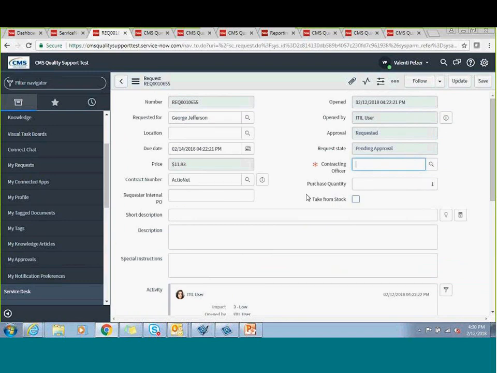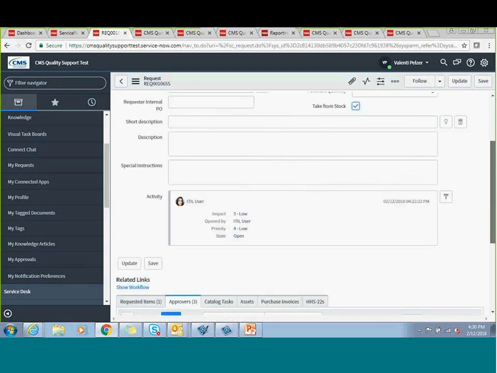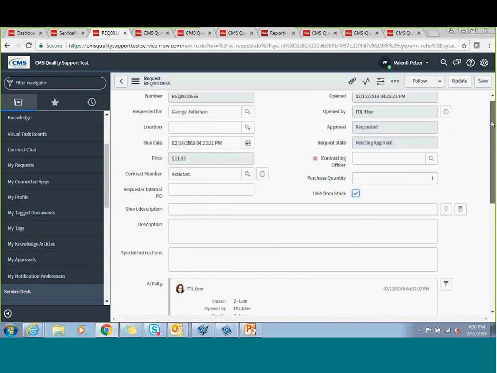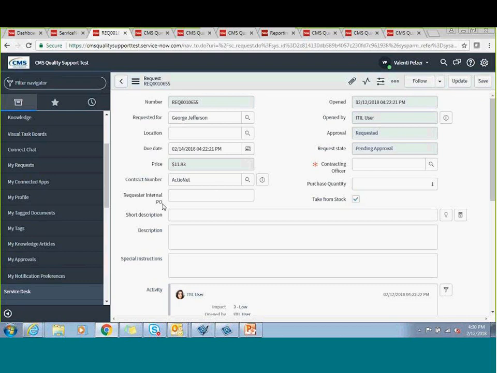Valenti is going to check to see if that mouse is in stock. If it's in stock in the warehouse, Valenti would check this box, click on Save, scroll down to the approval section, approve the request, and the next phase that would happen is this requester internal PO field is going to become mandatory. And if you are requesting an item through the ERB process, if your name is in this field, you're going to receive an email notification